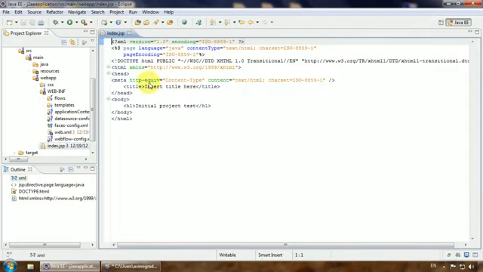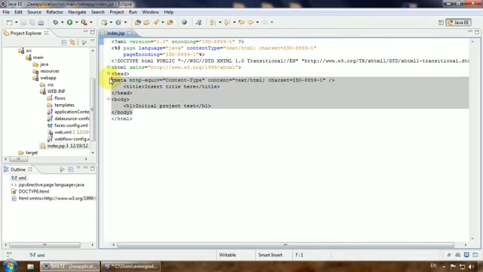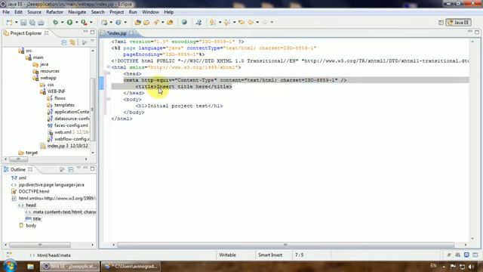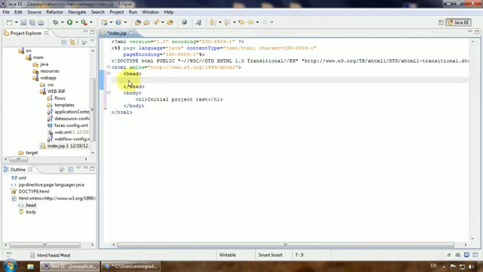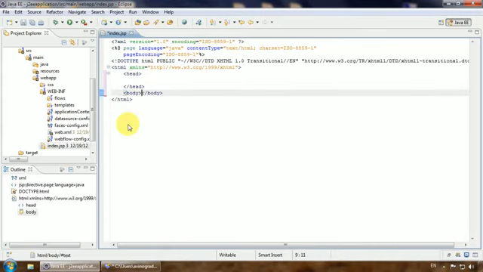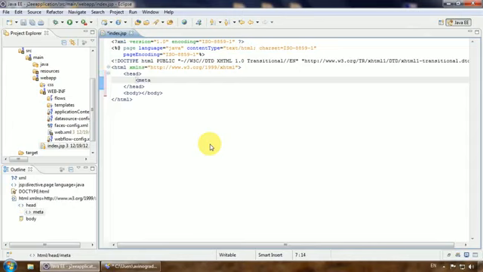Let's open it and find the head tag, body head, and delete all that stuff inside. Leave body empty, and here we type in meta